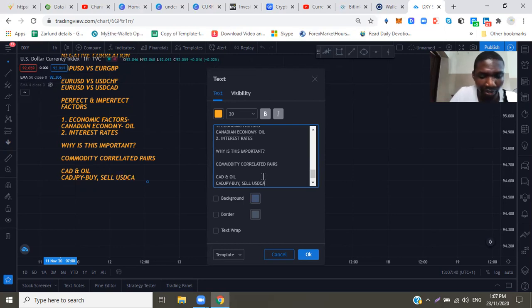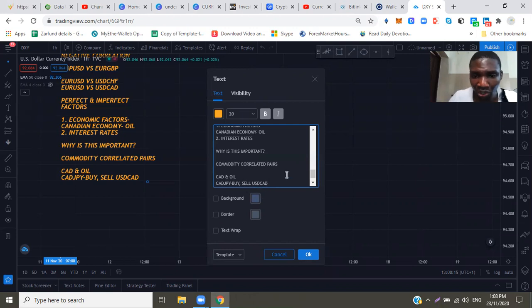USD CAD. Why are you selling USD CAD? Oil is sold, is transacted in US dollar. But oil and US dollar have a negative relationship. So if oil is going up, the US dollar is going to be coming down, right? And we said before